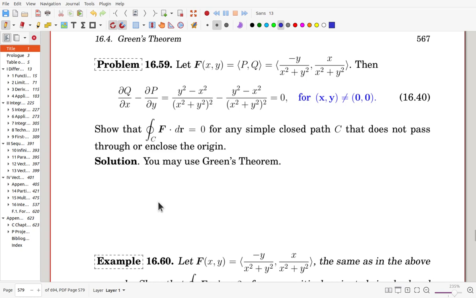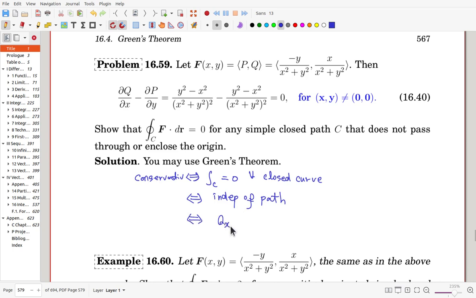Earlier we found that conservativeness is equivalent to the line integral being 0 for every closed curve, and also to being independent of path. And mathematically it is the same as Q sub x being the same as P sub y,